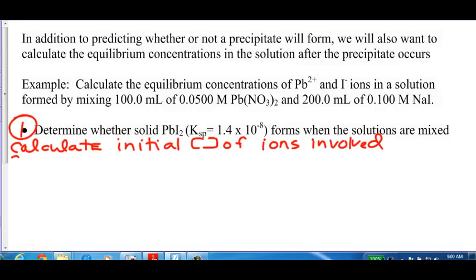Then we need to calculate Q. And then we need to compare it to K. And that's only step 1 of this problem, which was the last 3 steps of the last problem. Okay, so go ahead and go to work, calculate, see if the precipitate's going to form. We'll come back in, say, 5